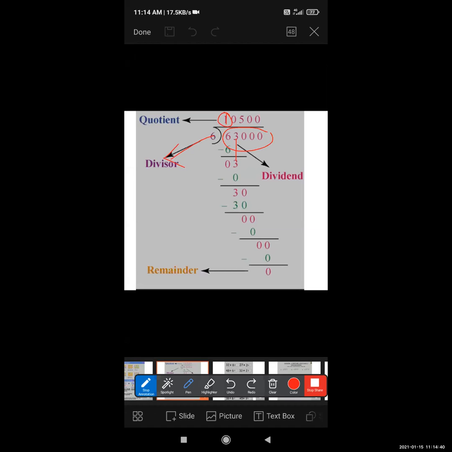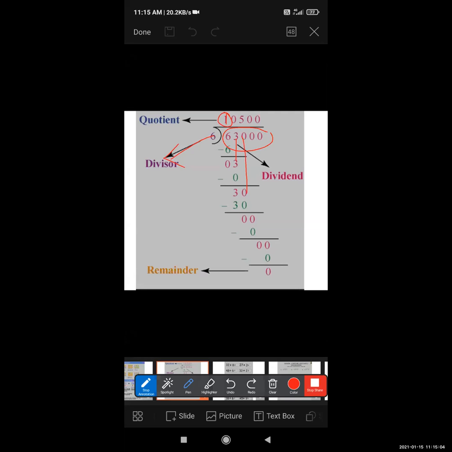So give the 0 here downside and top side also. Okay. So 3 minus 0. 3 minus 0. What is the answer? 3 minus 0, 3. Okay. And this 0 you want to take down. Next number you want to take down. Okay. First is 0. After 3, which number is there? 0. So you want to take down.